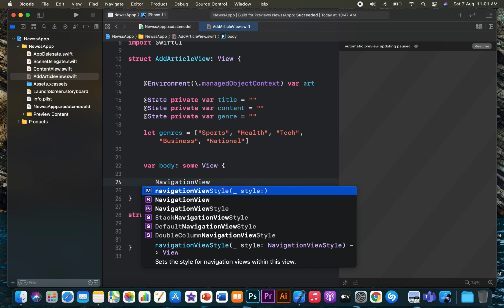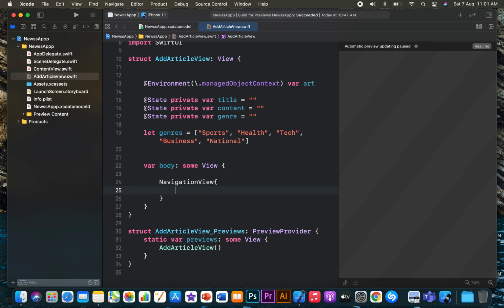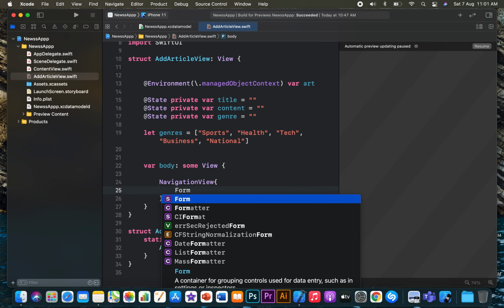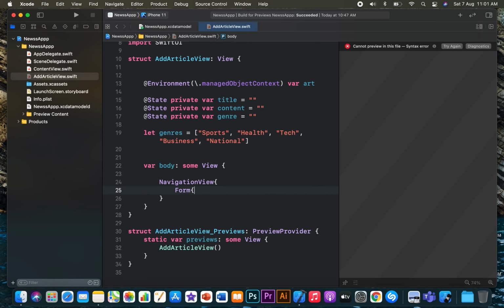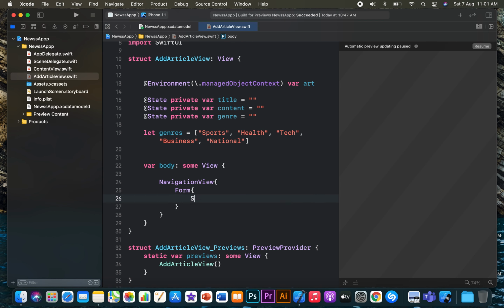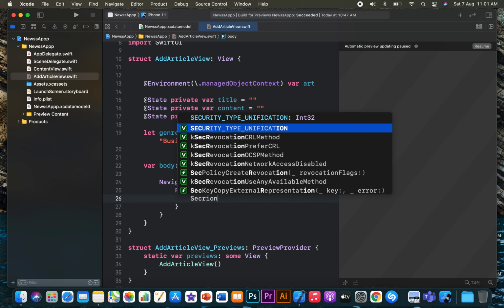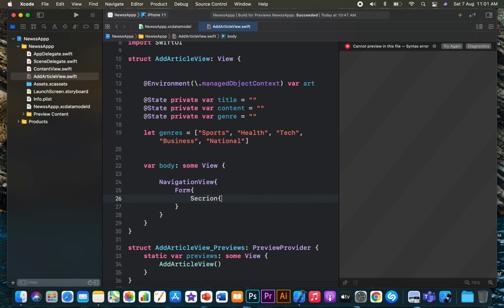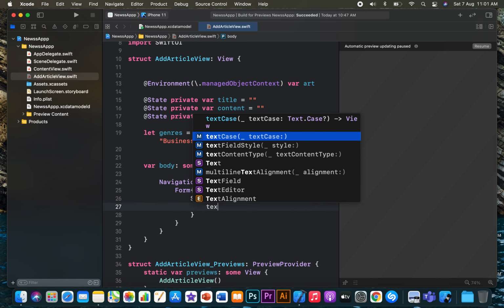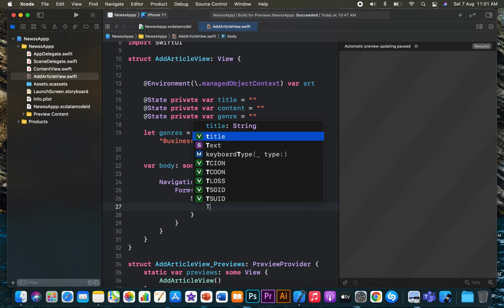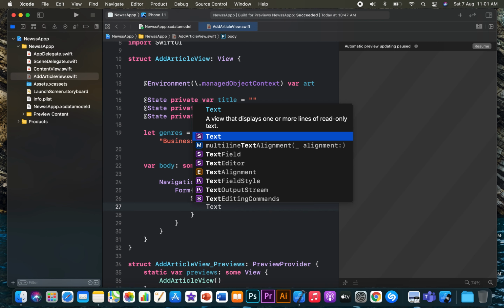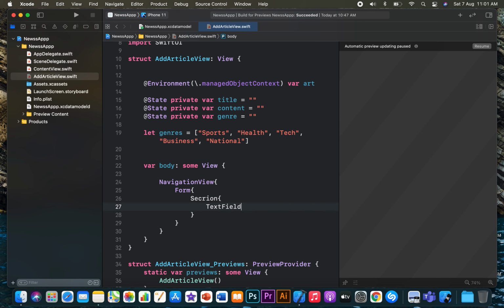Let's first create our navigation view, and let's create a form now. And since inside a form we should have sections, it makes much more sense, so that not everything is closely packed together. We would separate the three options, the user input area, with the save button, right? We would add a save button to store the things. So let's just get going and add those values.